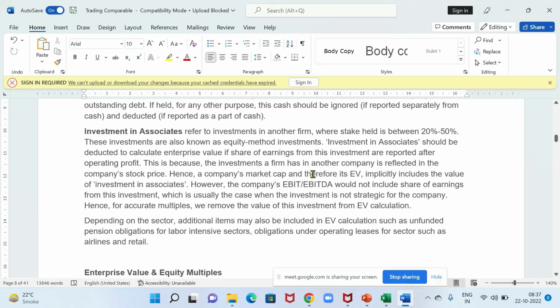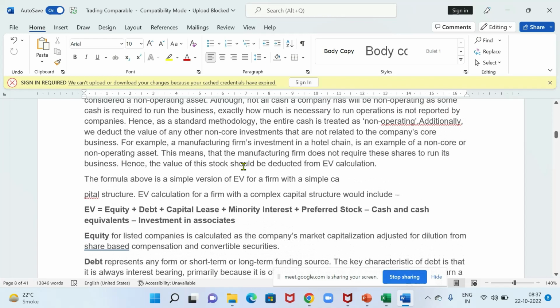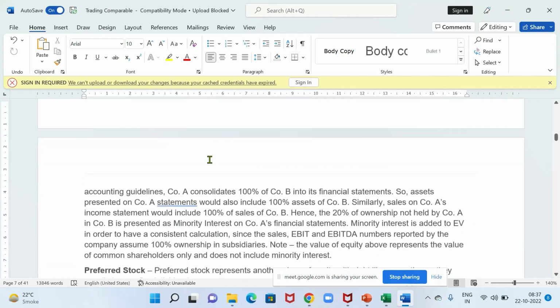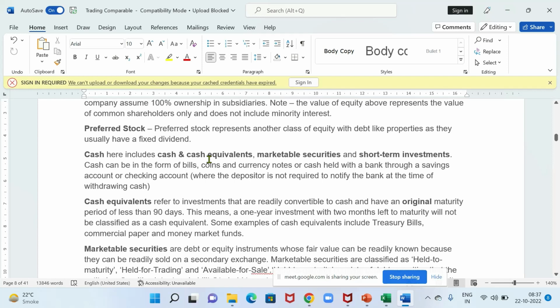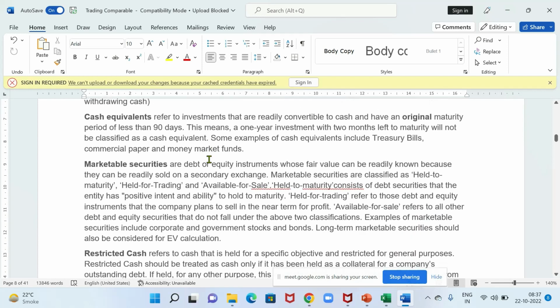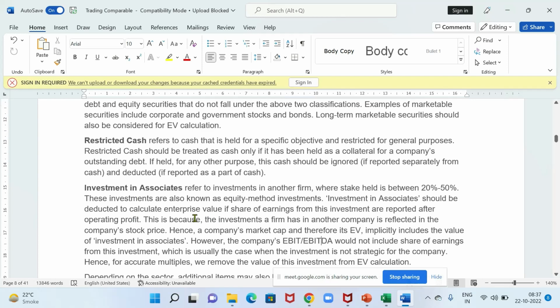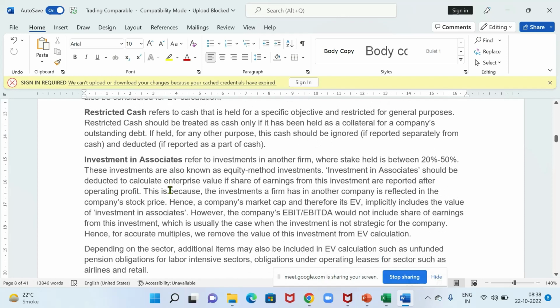So what we are doing is we are subtracting. Remember why we are subtracting? I'll just repeat that. We are subtracting because the total value of the company is reflected in enterprise value. So we are excluding the investment in associate. So if you see the ratio analysis, we always do an apple to apple comparison. Anything that is a part of the numerator should be a part of the denominator. It should be a like to like comparison. So let's see enterprise value. If enterprise value is reflective of the total value of the investments in the firm, similarly the denominator should also reflect it.